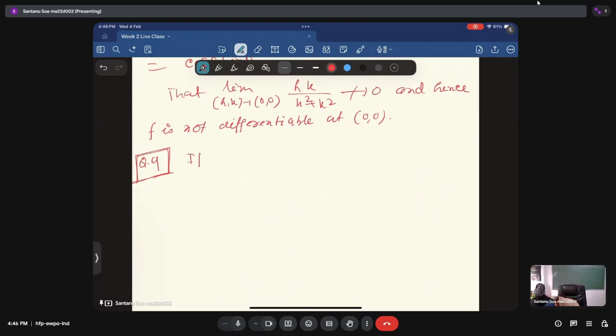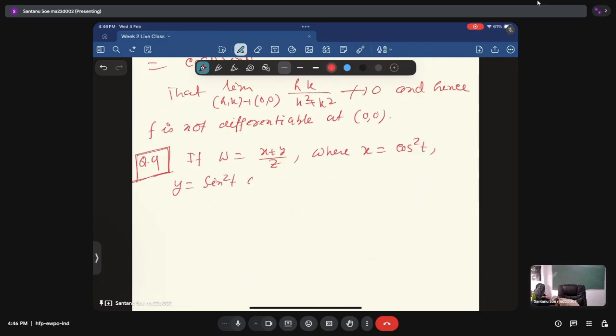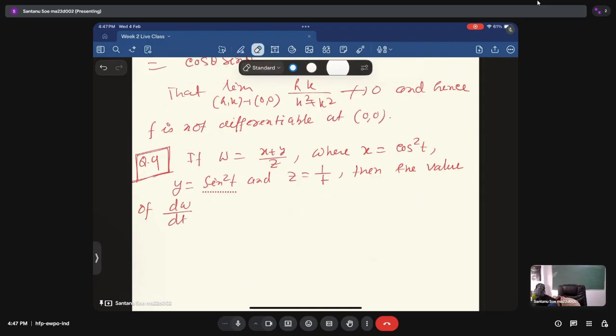So if w equals x plus y by z, where x equals cos squared of t, y equals sin squared of t, and z equals 1 by t, then the value of dw by dt at t equals 3 is,